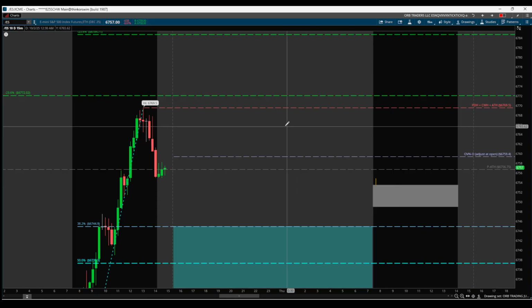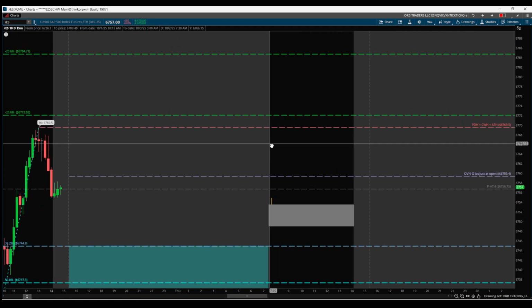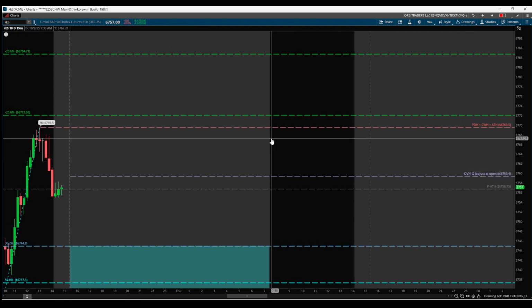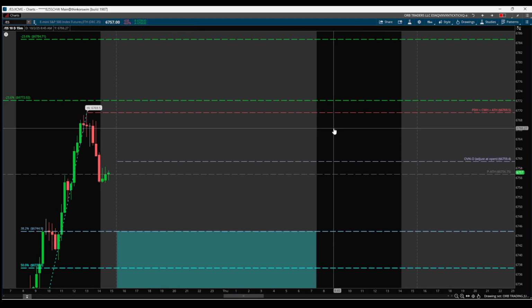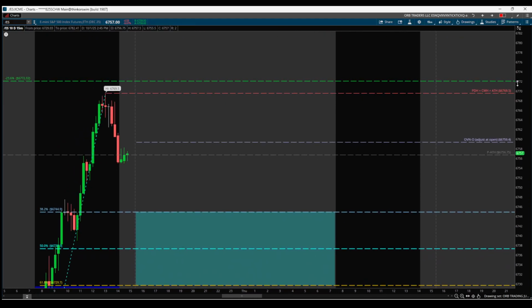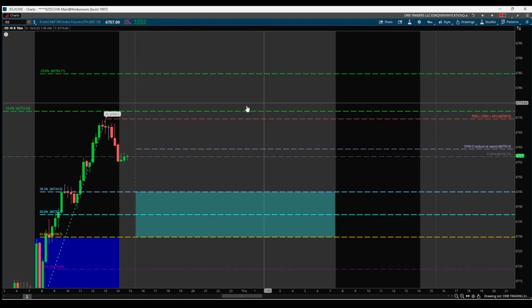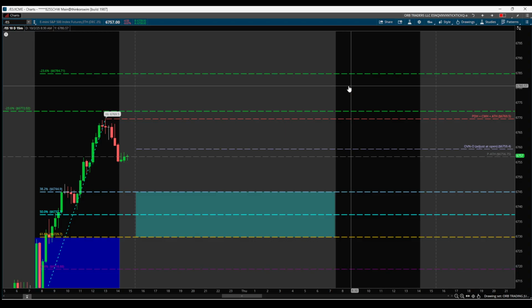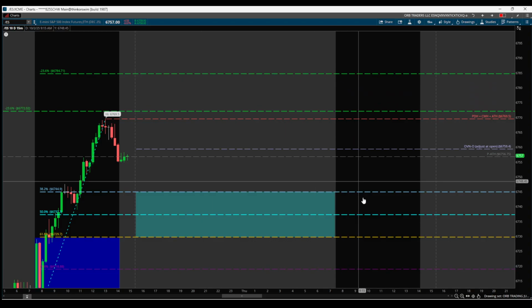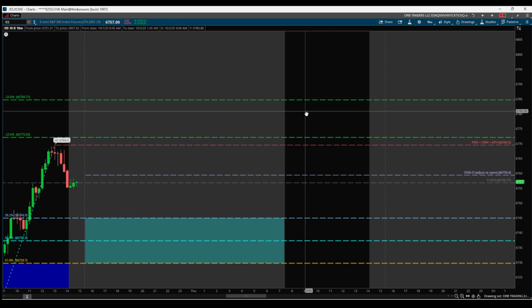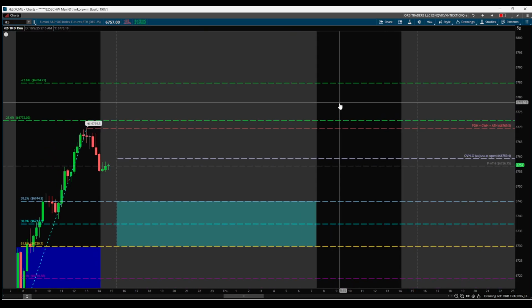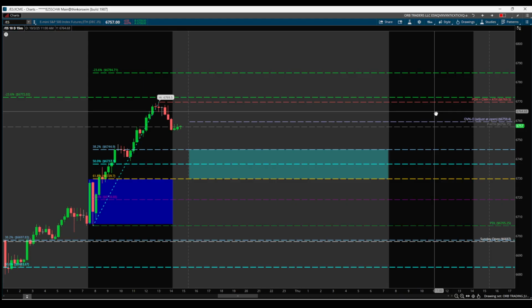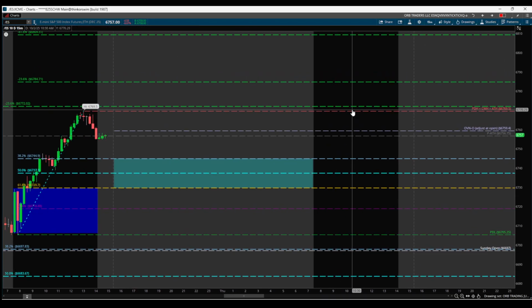Just be mindful, because you might go in and tag it and get taken out and have it reverse on you. In the morning, I'll also go ahead and draw the overnight high and low, depending on where the Asia and London sessions get set. So keep those in mind. We could sweep those levels and take action to the opposite end. So maybe the Asia and London session break above here. Maybe the market opens up tomorrow morning and we take those highs out and sweep that liquidity, and maybe we reverse. But just keep an eye on your market internals, what those are showing, to help leverage your intraday scalping. That's pretty much it for the ES.